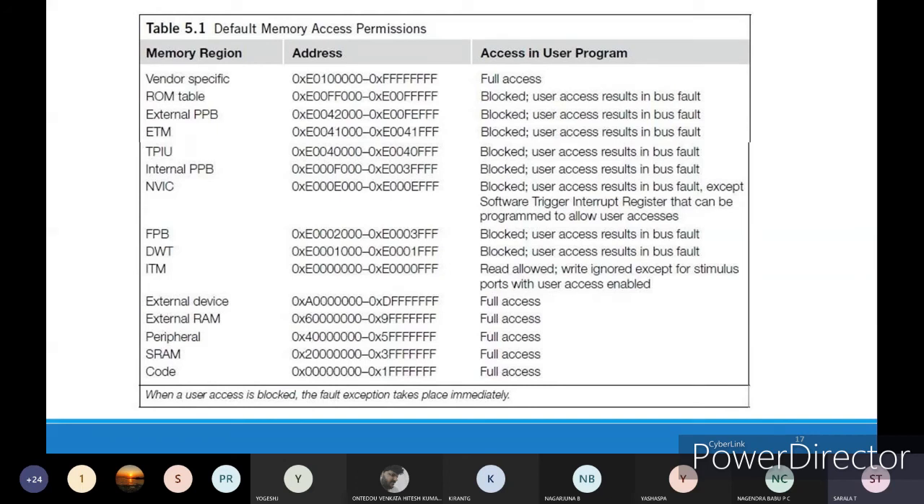User access results in a bus fault except for the software trigger interrupt register, which can be programmed to allow user access. If you have an interrupt register which gives access to the user, then only you can access that NVIC. Internal PPB is blocked, TPIU blocked, and ETM blocked, external PPB also blocked, and the ROM table is also blocked. Vendor specific will give you full access, because vendor specific is related to external users only. For that reason, you have to give full access to the vendor specific memory region. Okay,